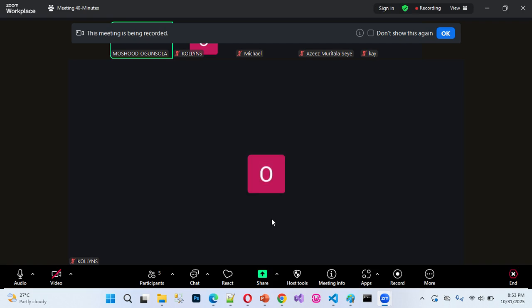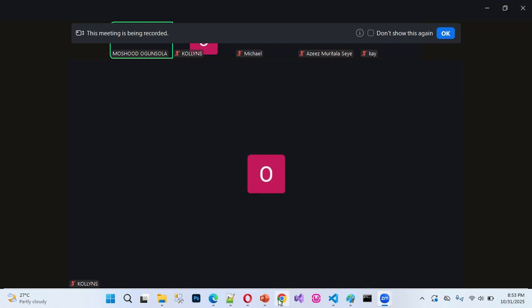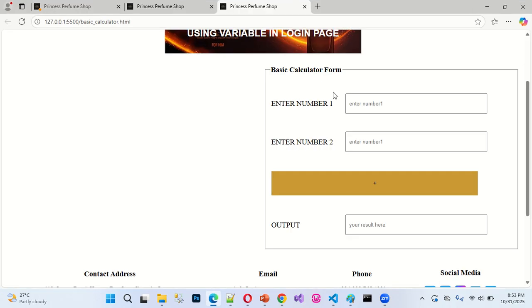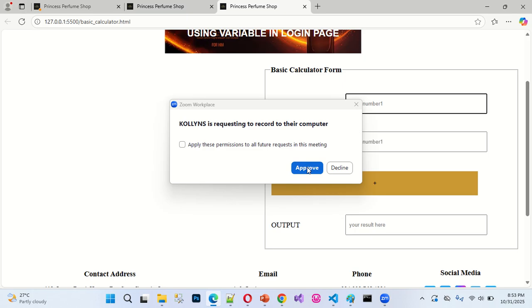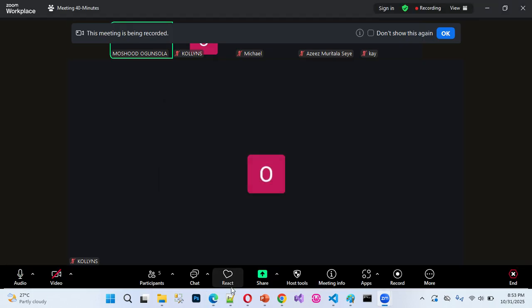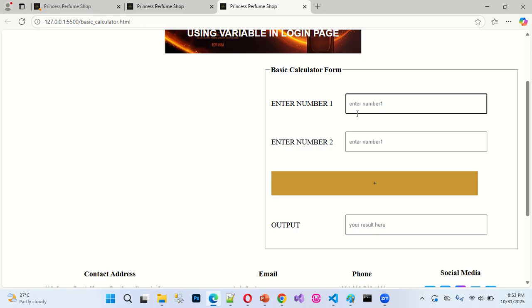So that is it. Here now, this is the calculator form we prepared. The next thing now is to write what? Our JavaScript functionality that I'm going to allow to perform the calculation now. We already specified the,